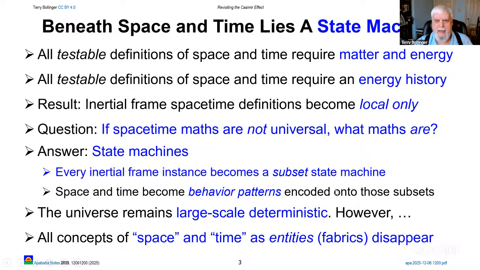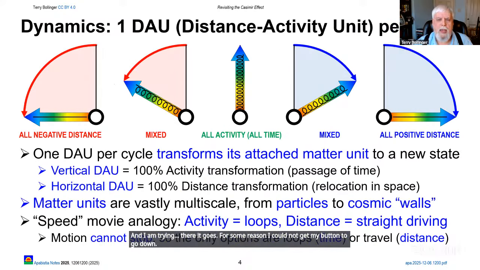And I'm trying, there it goes. For some reason, I could not get my button to go down. Okay, so I'm saying that